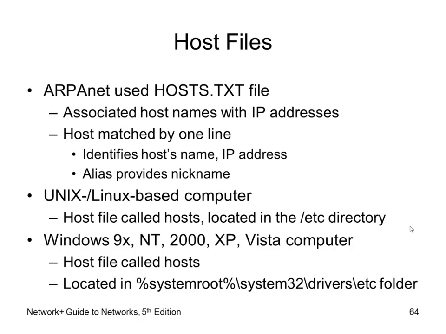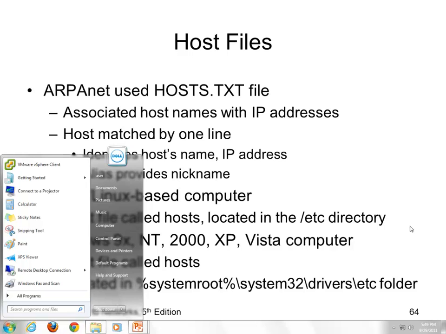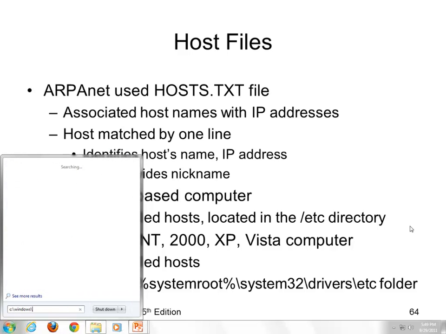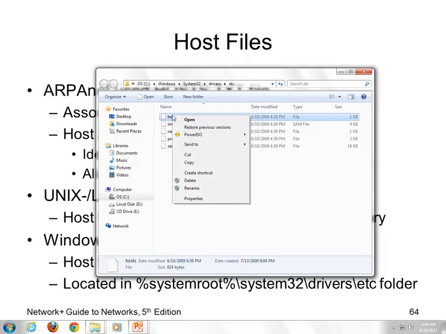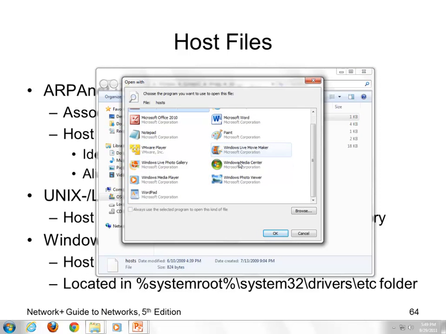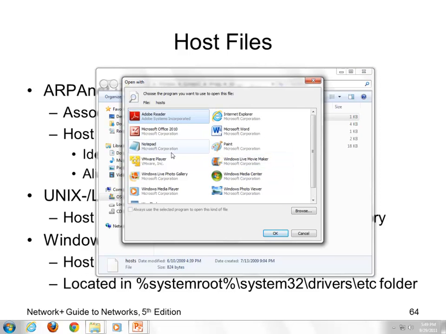On Unix, it's called hosts. It's in the etc directory. In Windows, it's called hosts, and it's in this directory. Okay, I'm going to show you that file real quick. I'm going to go to C, Windows, System32, drivers, etc. Now inside here, we're going to see a file. I'm going to open this file up with... Where's TextPad on this one? I use Notepad at work.